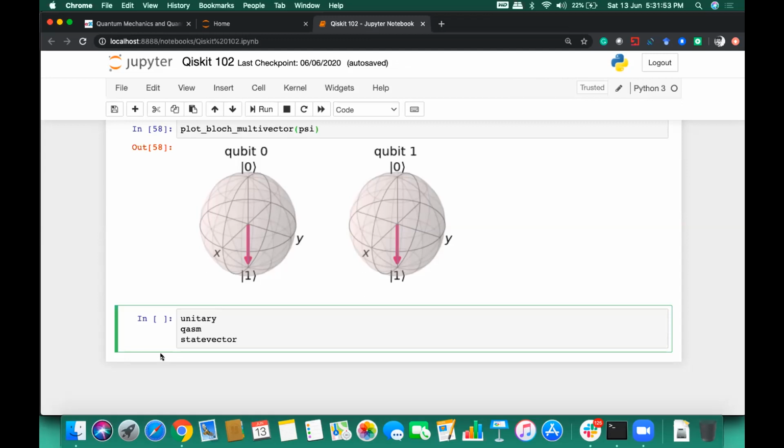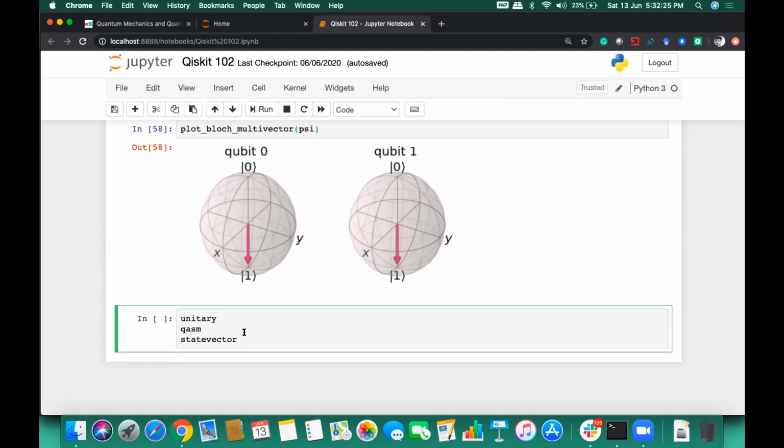So basically there is a postulate of quantum physics which is related to these unitary operations. It has certain properties, like the rows of a unitary matrix form an orthonormal basis, and similarly the columns will also form an orthonormal basis. And based on this, there are certain gates like Hadamard gates, Pauli gates, and all.